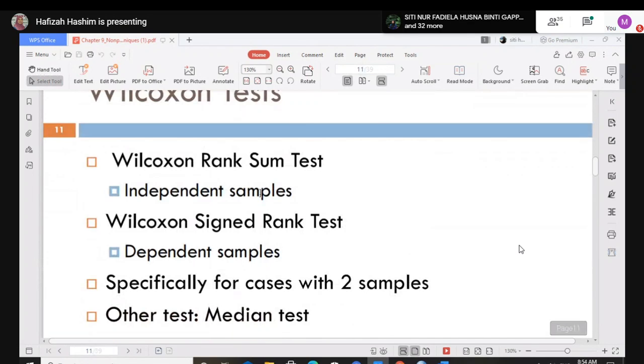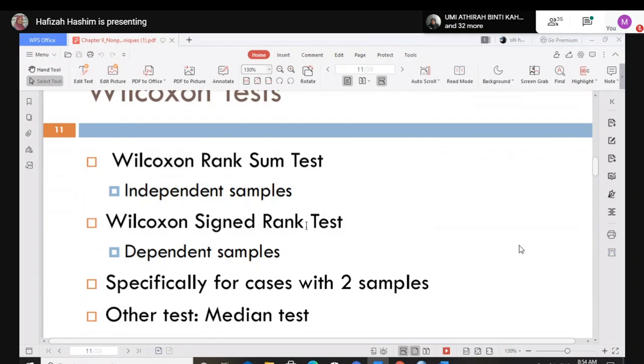This is an independent sample. But for the Wilcoxon signed rank test, you must have a dependent sample, meaning that it comes from the same subject. You have two variables that you will key in, which are related to each other from the same subject. So that one is for the Wilcoxon signed rank test.